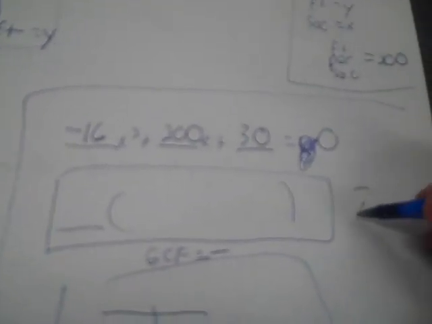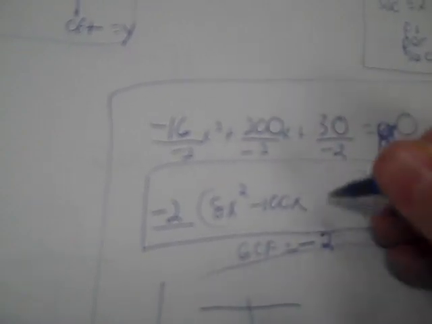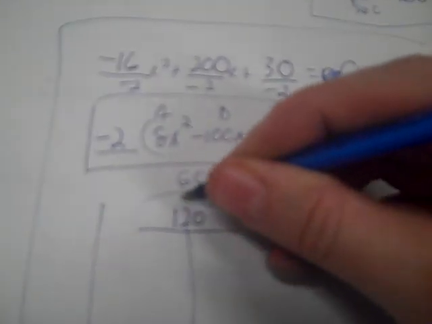Okay, negative. I'm going to need the negative. X will not be needed. And the GCF out of 16, 200, 30, use your GCF calculator. It's actually 2. Okay. So negative 2 goes out, then I divide all these by negative 2, and that's positive 8x to the second minus 100x minus 15. Okay, so I'm going to take 8 times negative 15, negative 120. If you have a T-chart with a number above 100, just cross it out and go to the